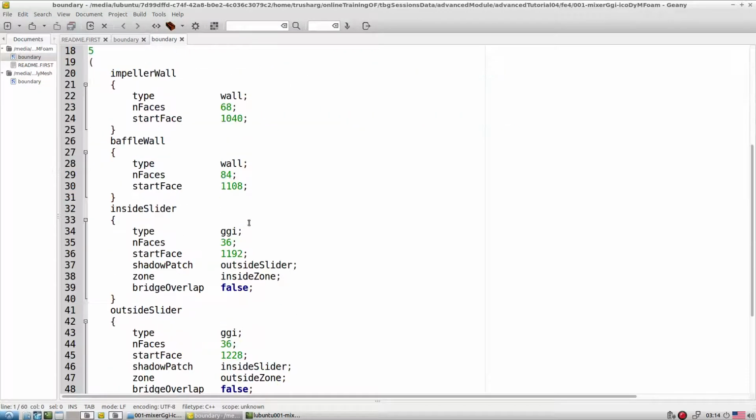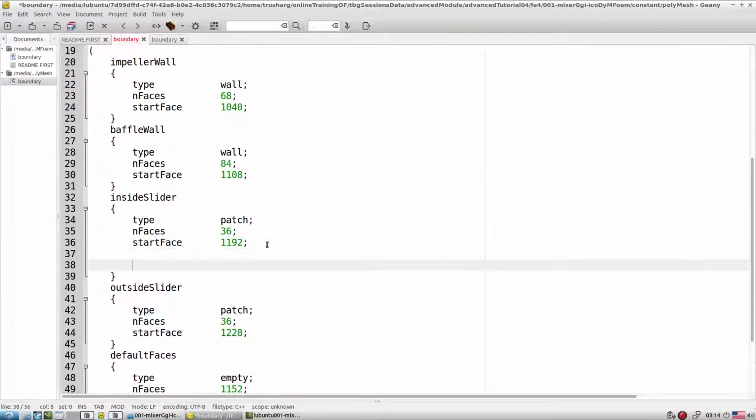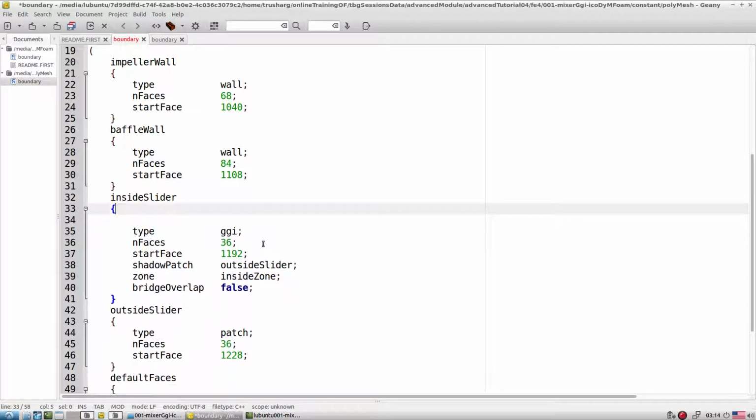Here we have the inside slider, and for the outside slider we have a GGI setting. Let's explore this. We use the same mesh file, so no need to change anything, but try to understand what is different here.